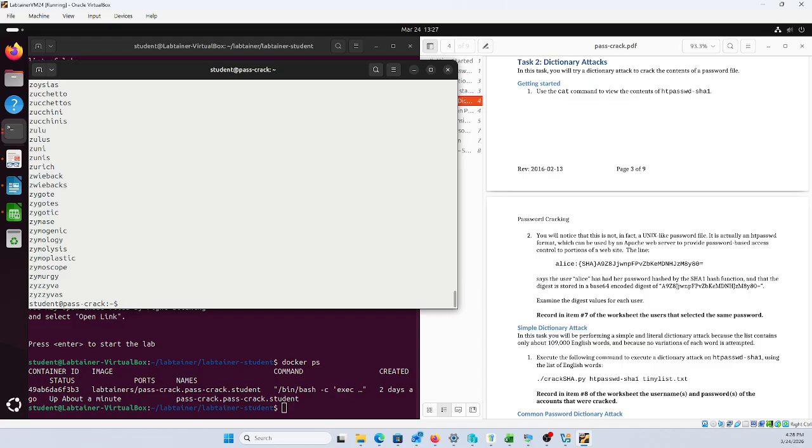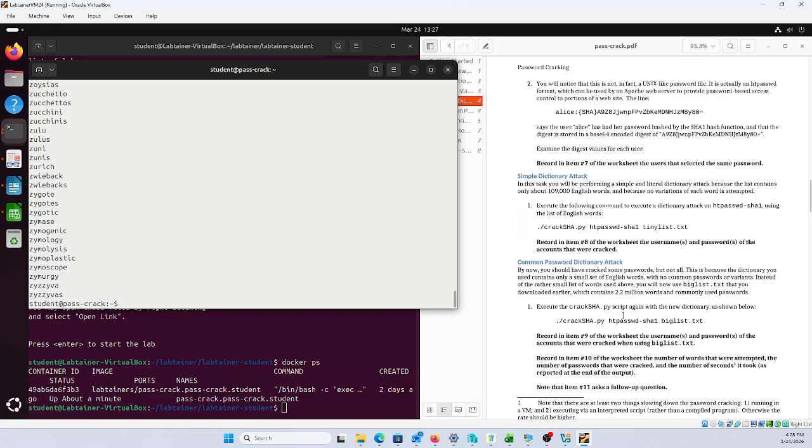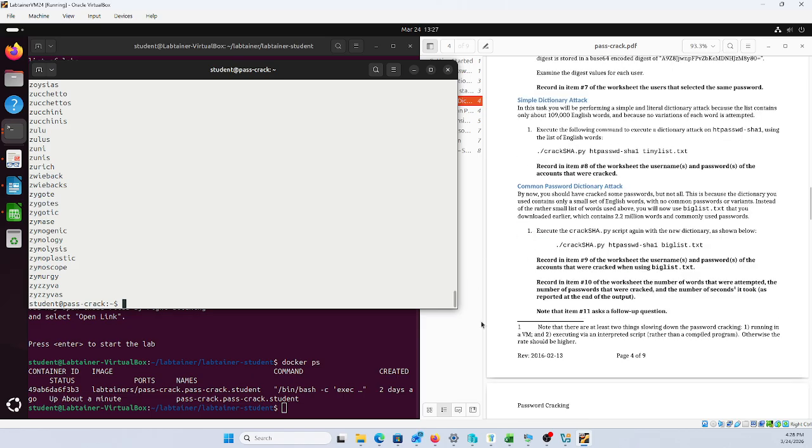All right. So we got that done. Now we did our simple dictionary attack. Now I'll do this one. So common password dictionary attack. So ./crack_sha.py and ht password sha1